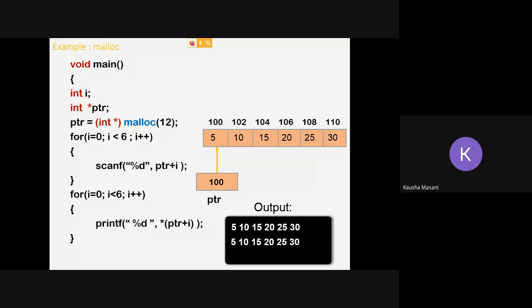Okay, Yasin, you are getting the output? You're not getting the output. Okay, share your screen.